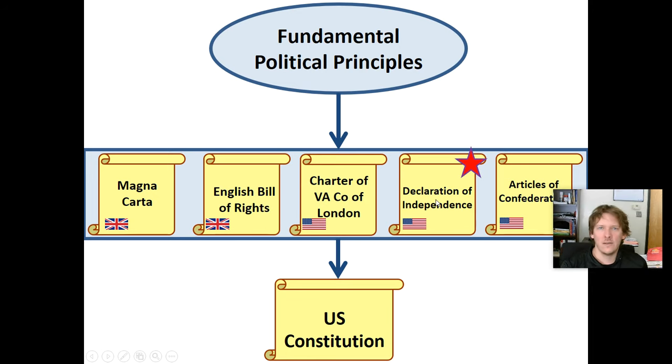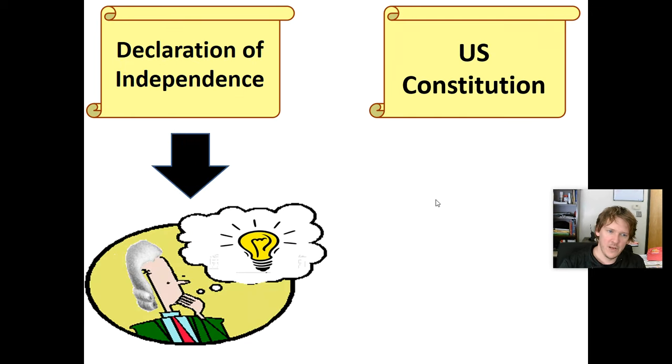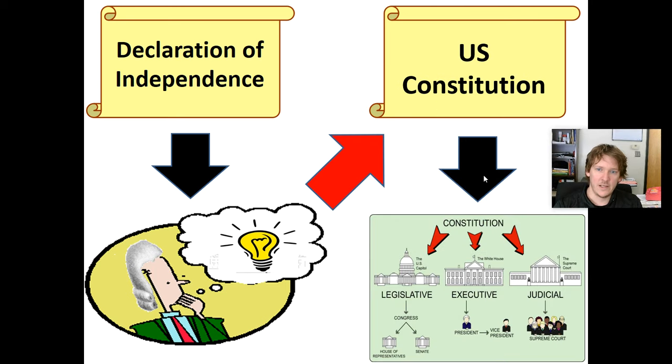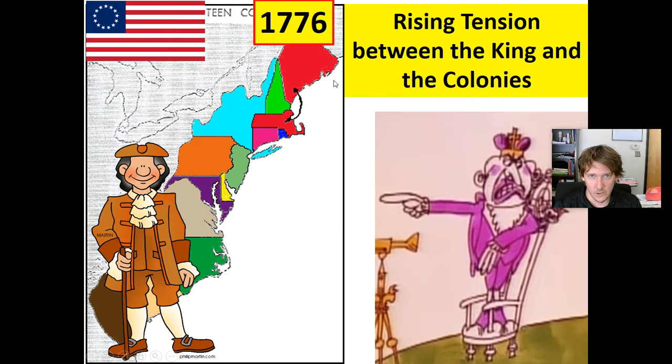Now we're going to talk about the Declaration of Independence. The Declaration of Independence has some of the fundamental political principles that will later end up in the U.S. Constitution. Or you could actually draw the arrow: the ideas go into the Declaration of Independence, and we steal it, however you want to do it. Either way, this document has the ideas that are also in the U.S. Constitution that explain our government. Let's go into a little bit more detail, but obviously the Declaration of Independence will influence the U.S. Constitution. So we've got to do a little bit of a history lesson here for you.